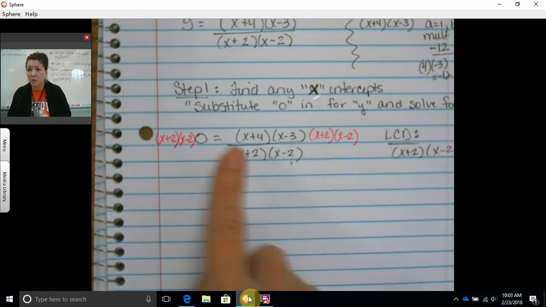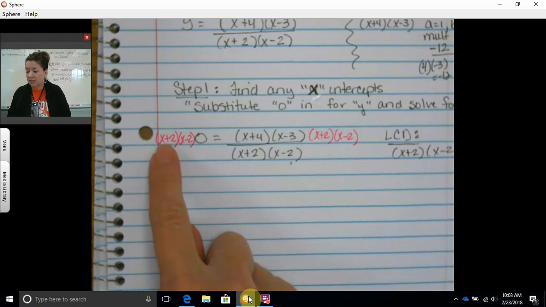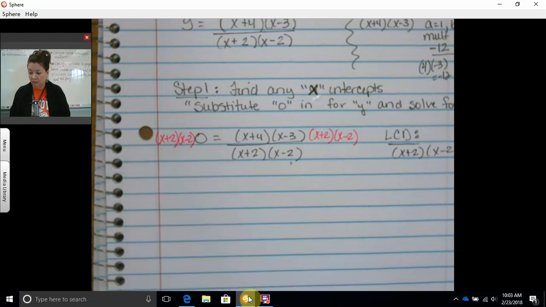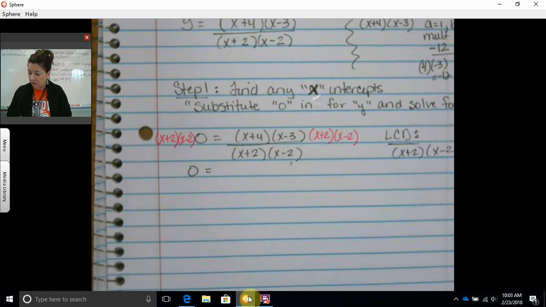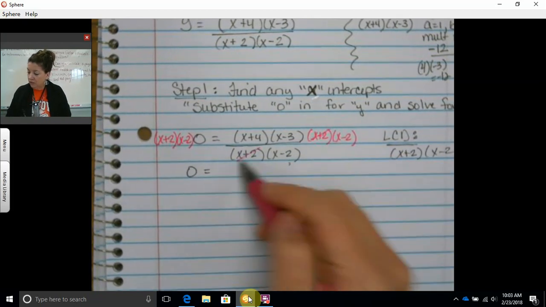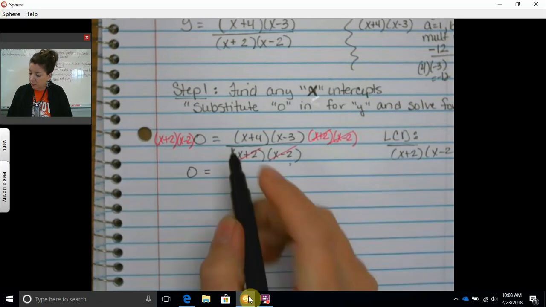Do I need to distribute all this out? No, because it doesn't matter. When I multiply this times 0, what happens? It's just 0. Don't waste your time multiplying all that out. On the right side, x plus 2 cancels, x minus 2 cancels, so you're just left with x plus 4